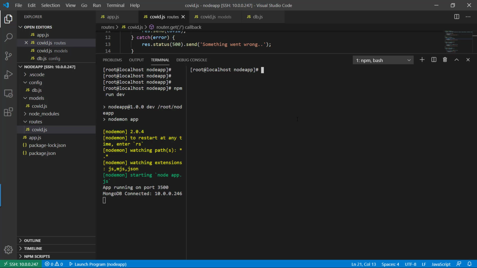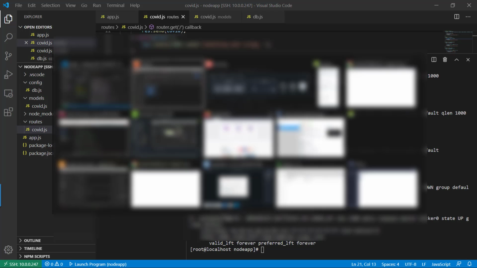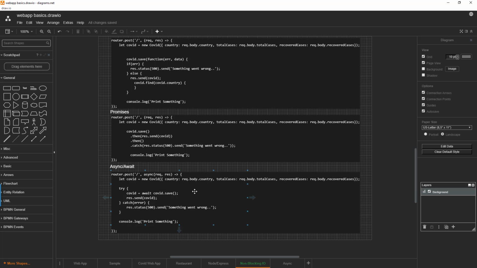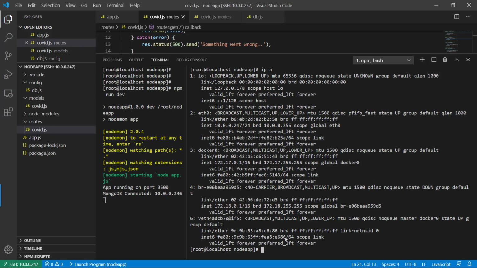What is the command? What is the Ethernet? So ip a gives you the IP address of the machine. This is 10.0.0.247, which is nothing but your application server. So 10.0.0.247, that's the application server. I'm listening on that machine, on interface eth0, on port 3500